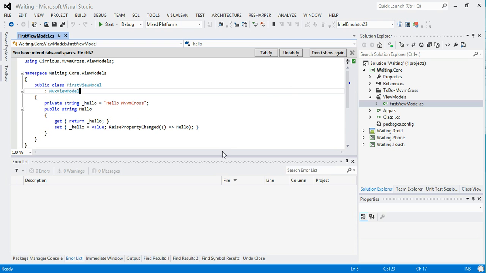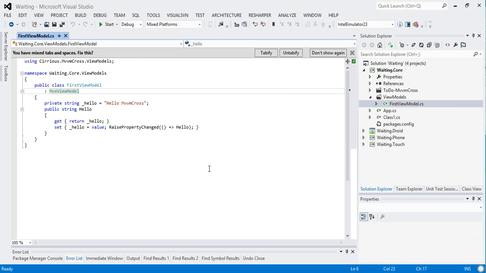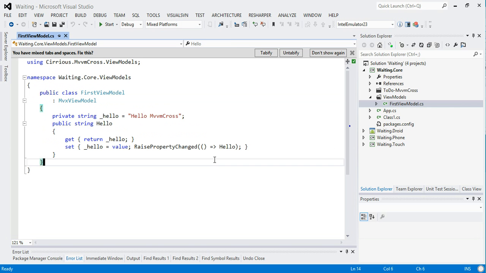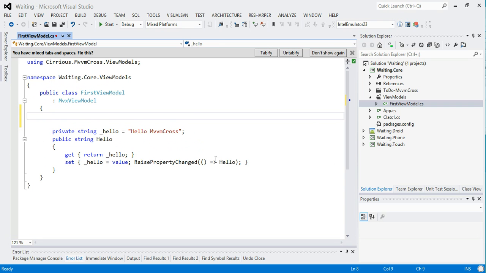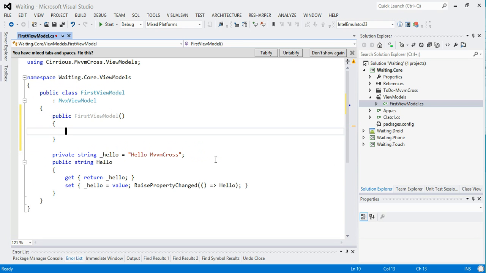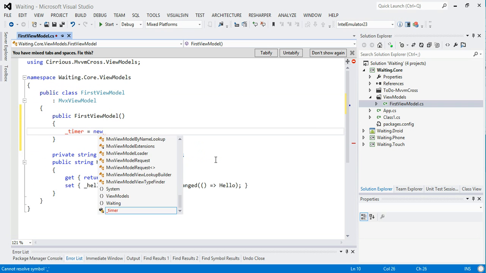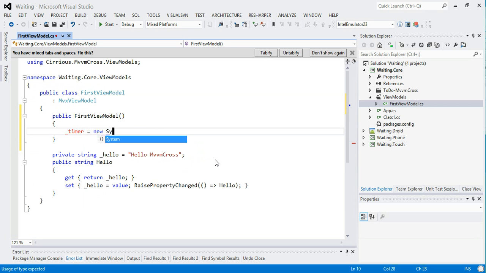So let's dive into this project, and in the first view model I'm going to rip out hello, actually no, I'll leave hello in there, I don't mind. And what I'm going to do is in the constructor for this I'm just going to set up a little timer, and this timer is going to be a new system.threading.timer,